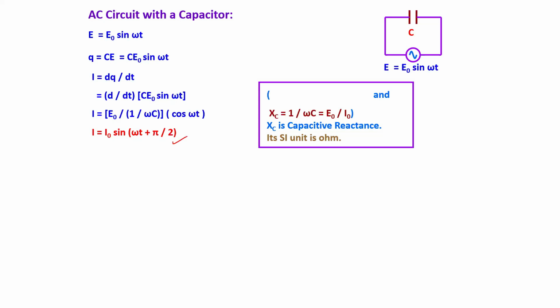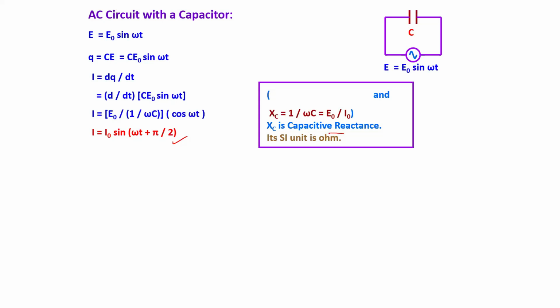So here also we have to include the capacitive reactance. In the case of capacitive reactance, it's just representing the value of how the capacitance can be. So here we are going to see how we are going to apply all these values in a circuit as well, right? So first let us complete the formulas. So here, as I said, we will use the capacitor formula as I is equal to I naught sine omega t plus pi over 2, which is nothing but the reactance from the capacitor.